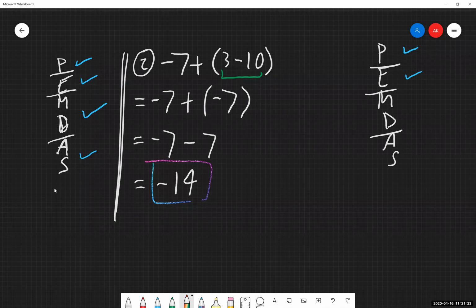So again, just going through that simplification process using PEMDAS. We are going to be using this more. It's not going away. And it's going to be a fairly decent portion on the test, so make sure you have that nailed down as well. So let's jump back to our notes here.